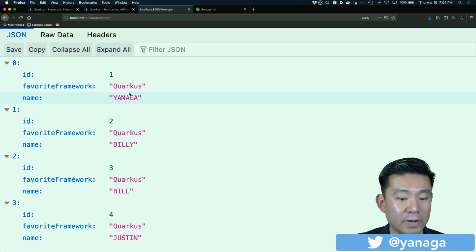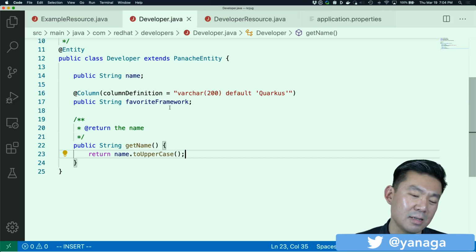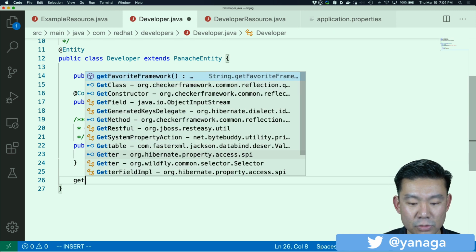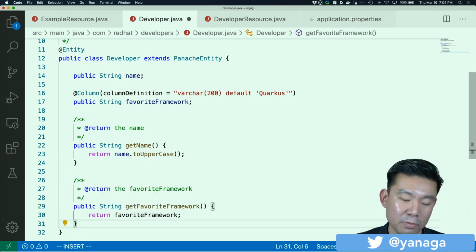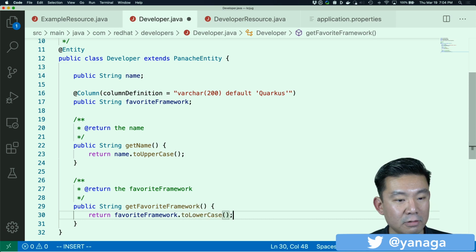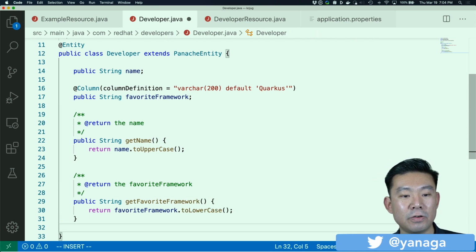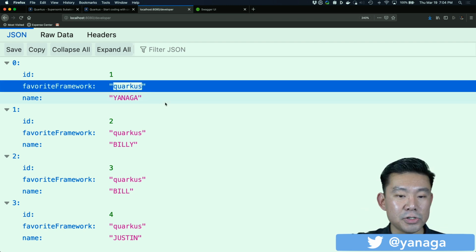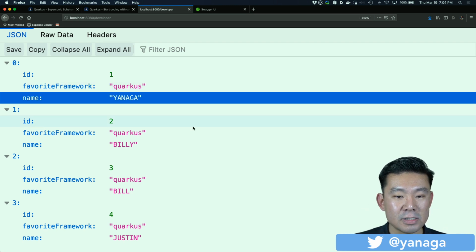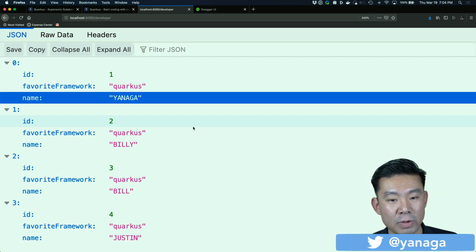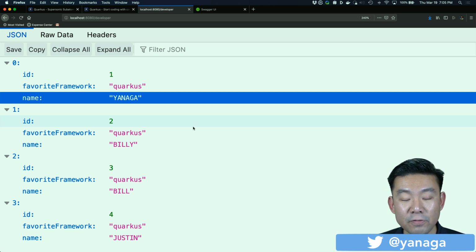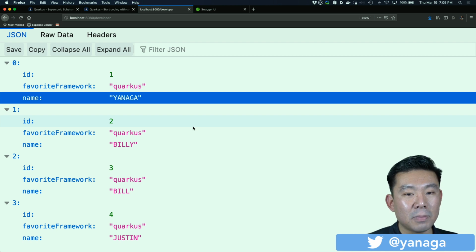And if I decide, well, let's add another requirement, say that all the favorite frameworks should be lowercase. I just save the file again, refresh, and everybody's favorite framework now is lowercase. Okay. So we are using the getters that you provided if you decide to code them, or else we are generating them at build time. Remember, Quarkus is doing everything at build time, so there's no difference at runtime. Quarkus is super fast, not only in development but also in production.